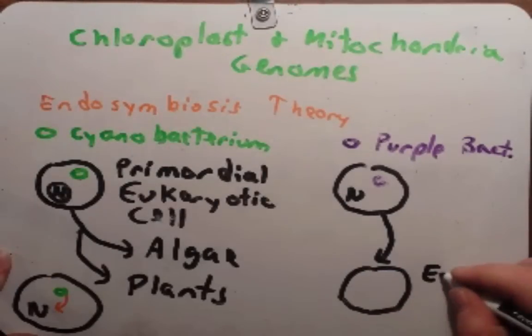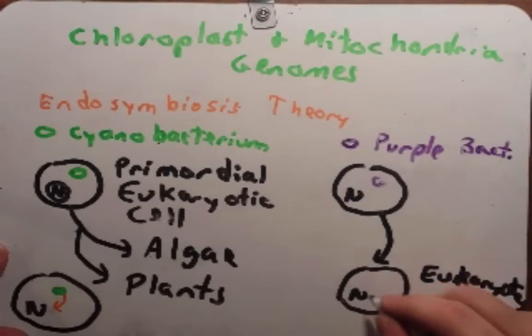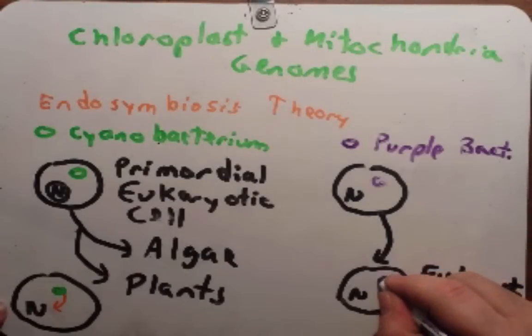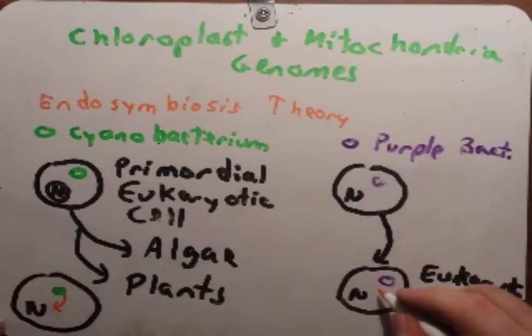So this would then become all kinds of eukaryotes, and it would eventually become the mitochondria that we know today. The mitochondria shares many features with the purple bacterium, as the chloroplast does with the cyanobacteria. And just like we saw with the chloroplast, genes from the mitochondria have moved into the nucleus too, while maintaining a certain subset. Now I want to move on and just say a couple of things about the genomes.